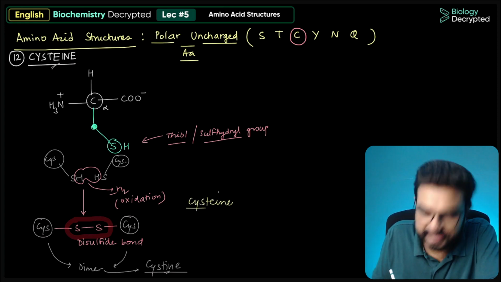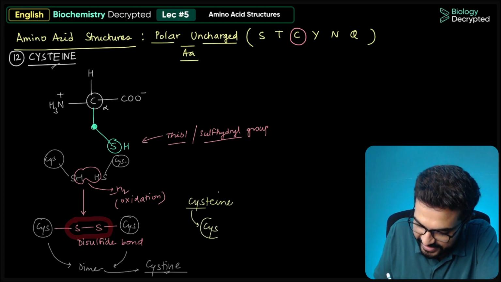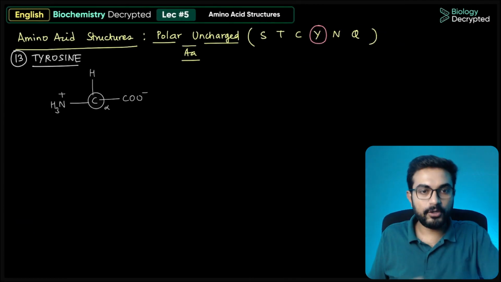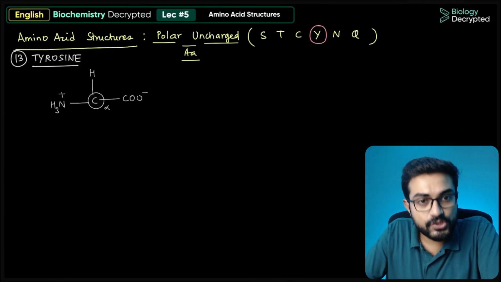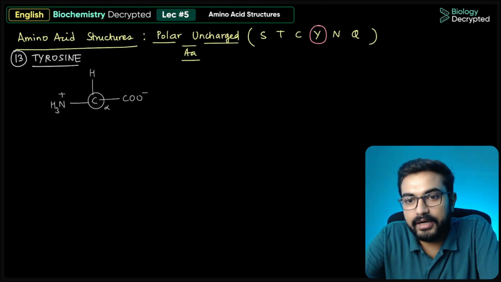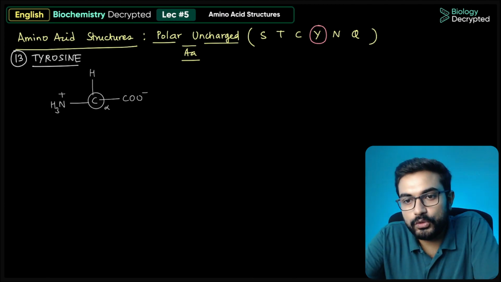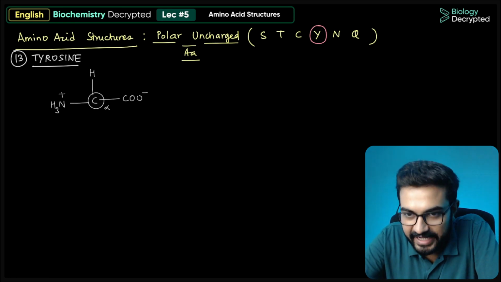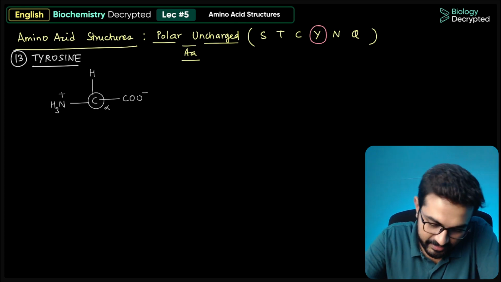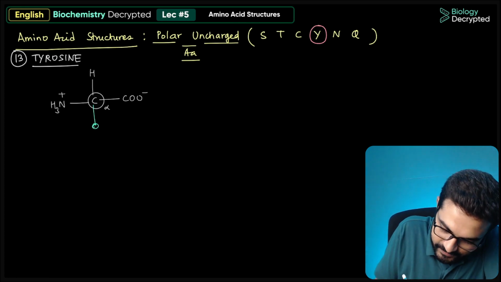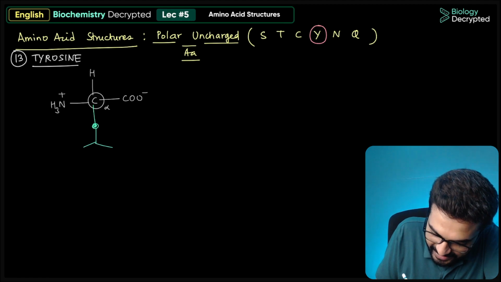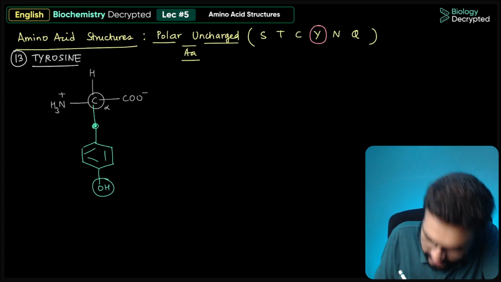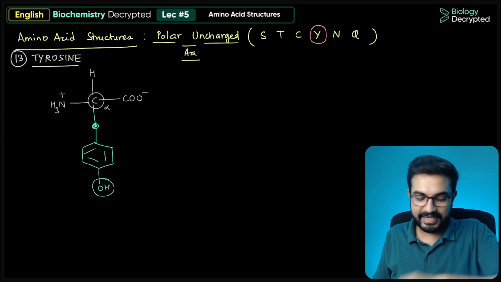Now for cysteine, again it's very simple. We just take the first 3 letters. It's CYS, 3-letter code, and C is the 1-letter code. Moving forward, let's talk about tyrosine. Well, if you hydroxylate phenylalanine, if you add a hydroxyl group to phenylalanine, so what you will draw here is phenylalanine, and if you actually add a hydroxyl group here,